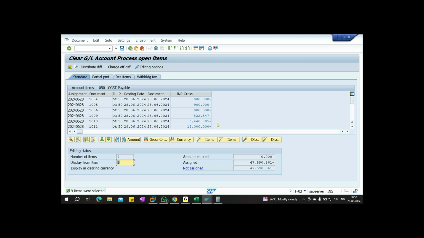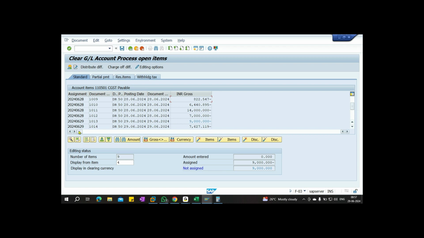We have multiple line items in CGST payable. Total value is 47,590. But in that, we clarify the posting periods, date wise, document date wise. So this is our document.